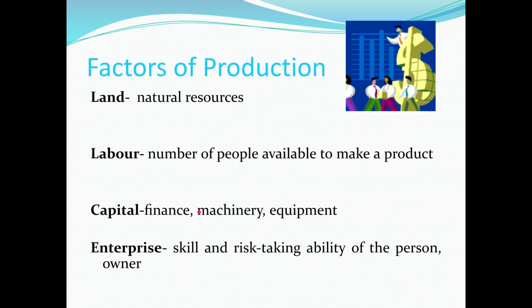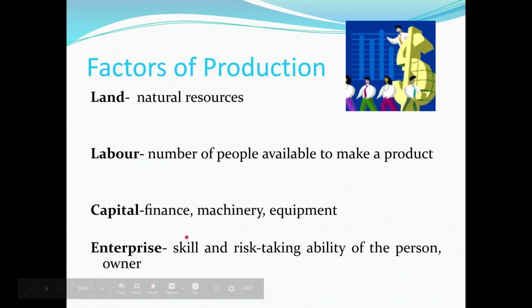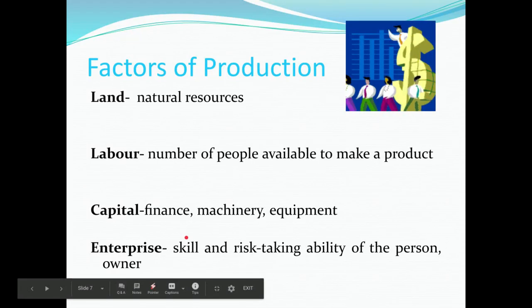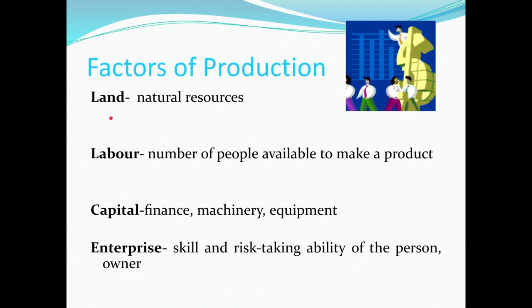All right. These are now your four factors of production. These are very important for us to produce the goods and services that the people need, okay, or to satisfy wants as well. So first we need land. So land, what is land? Natural resources. Okay. We need gasoline for our cars. Where do we get that? From the natural resources. So we need this.